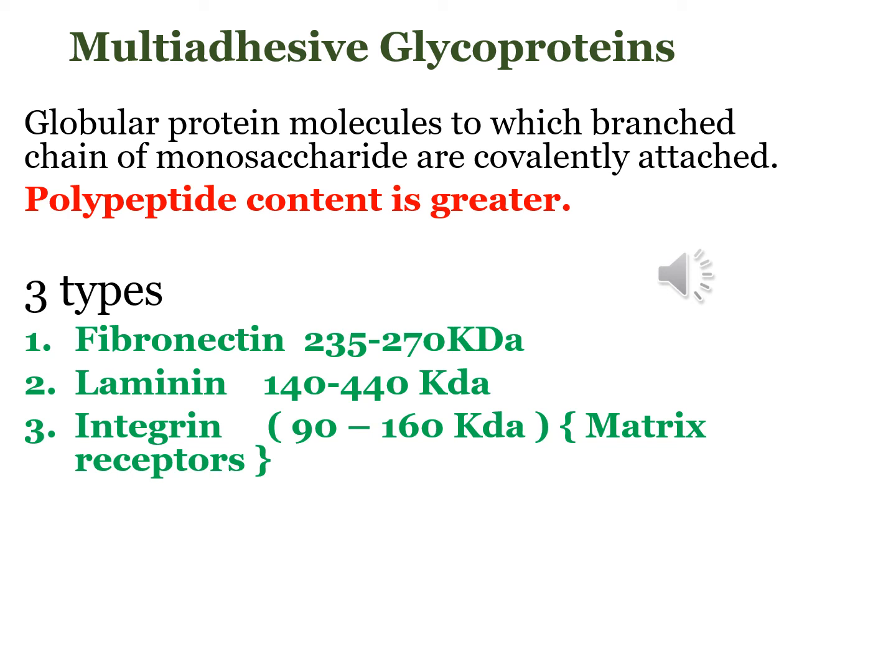The main three varieties of glycoproteins you must know include fibronectin, laminin, and integrin. These are the three main important ones. Apart from these, there are other glycoproteins as well, which include entactin, tenascin, which is present in intrauterine life, and chondronectin, which is present in the cartilage. But you must know these three varieties: fibronectin, laminin, and integrin.